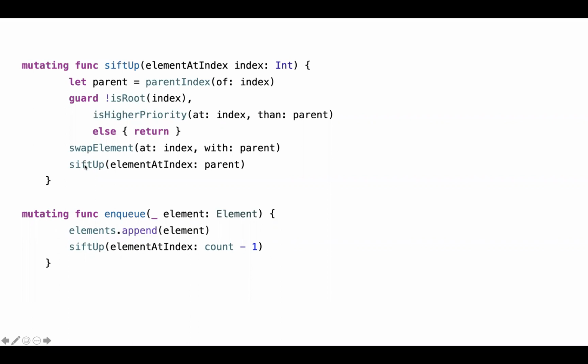This way we will be percolating up the ladder, doing swaps and checking the priority after swap to make it a max heap or min heap. So is this logic clear? Yes, Abhishek. Okay.